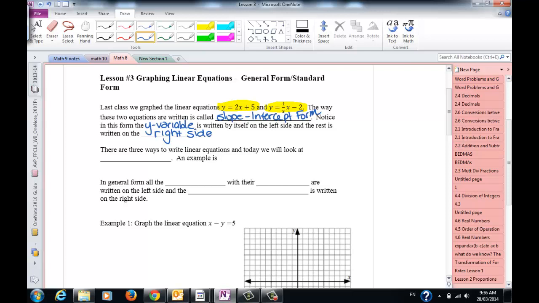There are three different ways to write linear equations, and today we're going to look at general, which is also called standard form. So an example of this would be x minus y equals 5, 2x plus 3y equals 7, and so on. So in general form, all of the variables, in our case we're going to see x and y, with their coefficients,